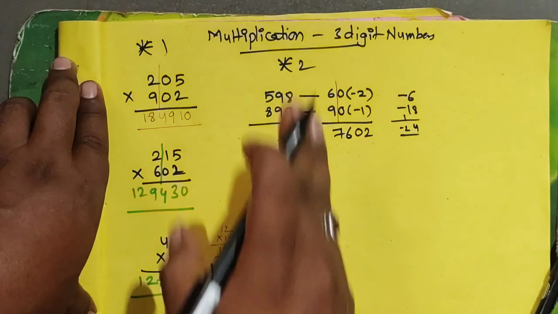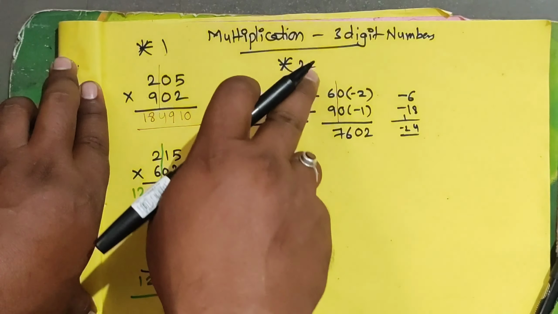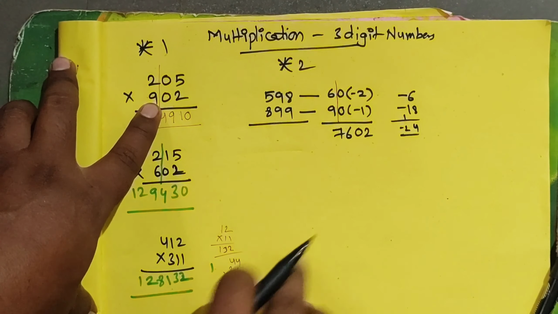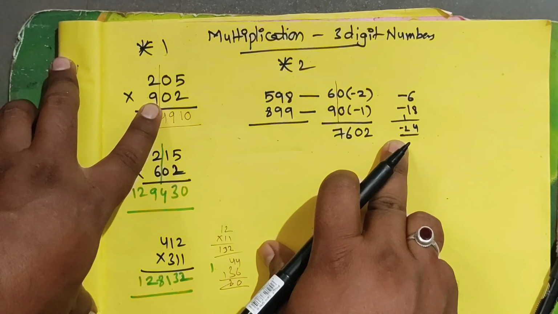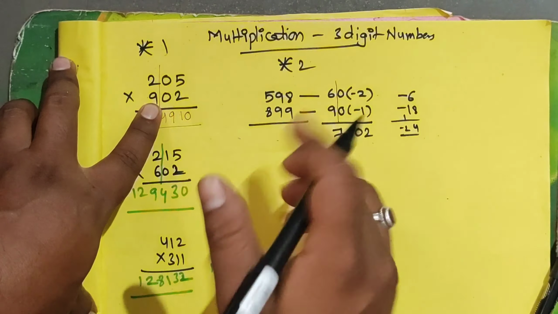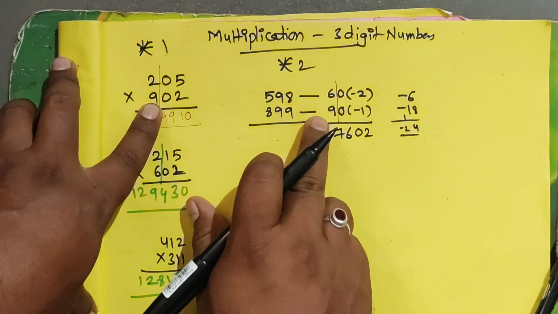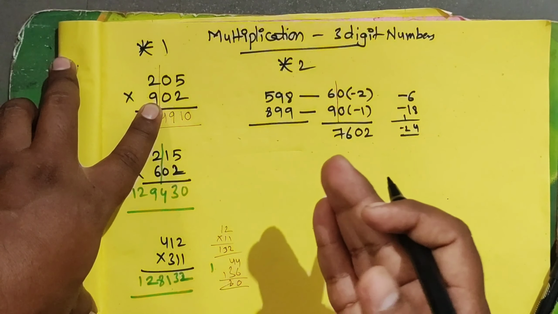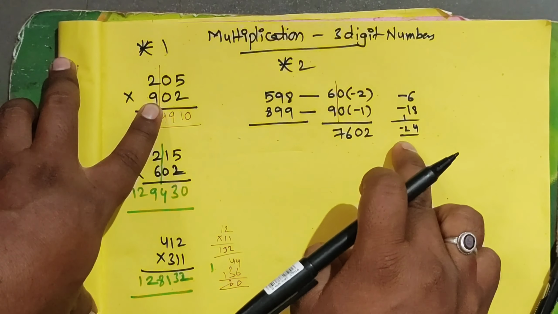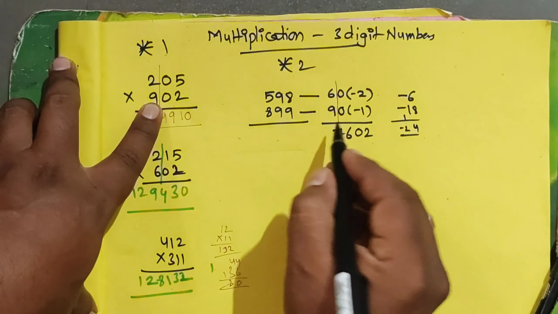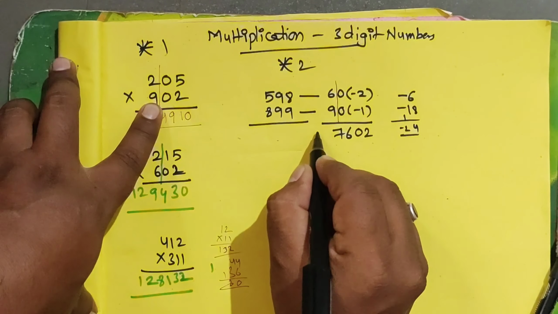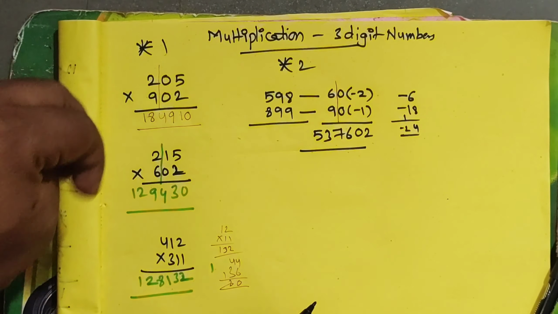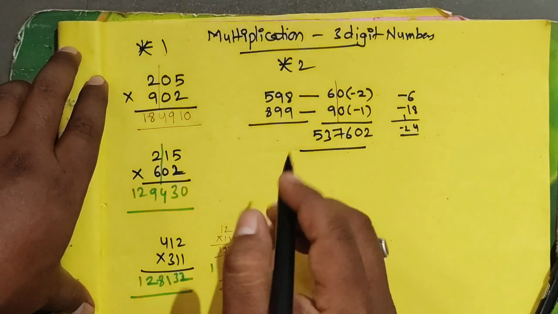Okay, now take the two digits here. 9 into 6, 54, but here already we have taken the 100. Therefore take the one less than the answer. Therefore 9 into 6 is become the 54. 54 minus 1, because I taken the 100 as a carry here. Therefore 9 6 is 54 minus 1, 53. This is the answer. Same way I'll take the one more example here, that is